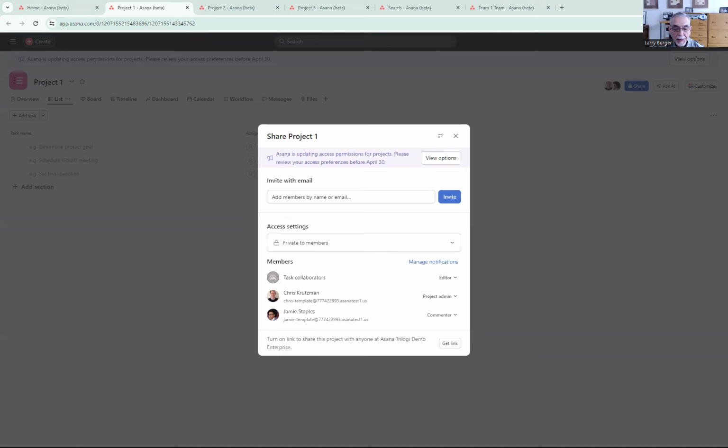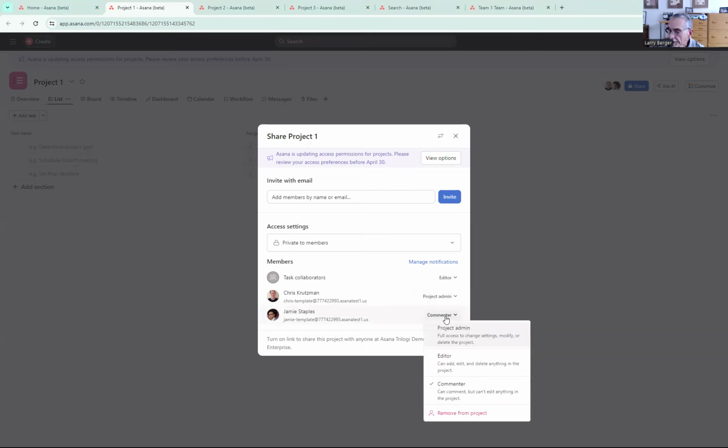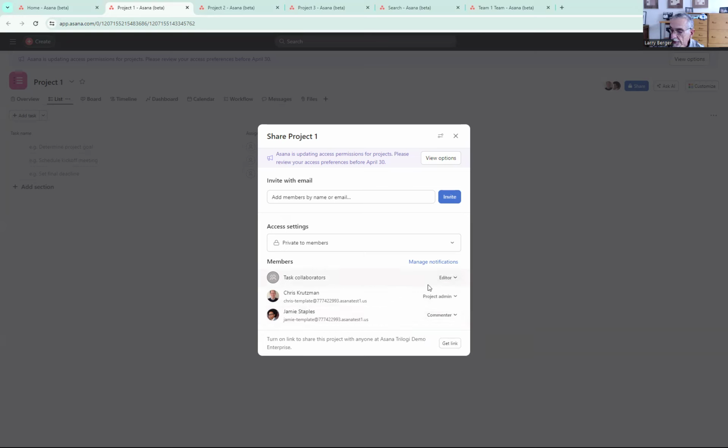A couple of conditions need to be met in a project for this change to apply and be in conflict. Someone, that could be a member of your organization or a guest to your organization, needs to be in this project list that's shown here as a project member. You can see there are two people here. And they have to have a level of access here, in this case, commenter, that's lower than this first line, which is the default level of access. So those are the two conditions: in the project, and a lower level of access than the default one.